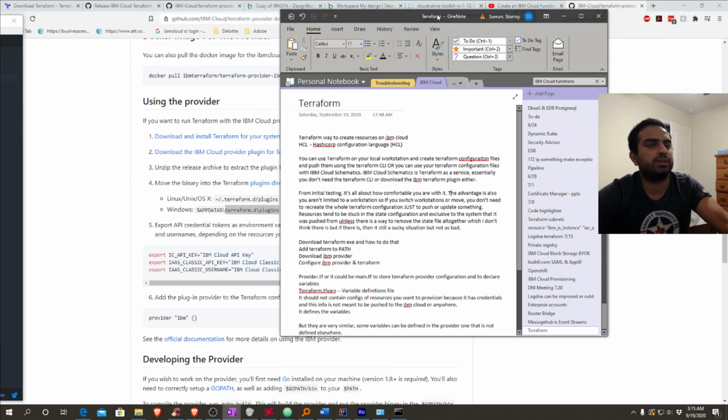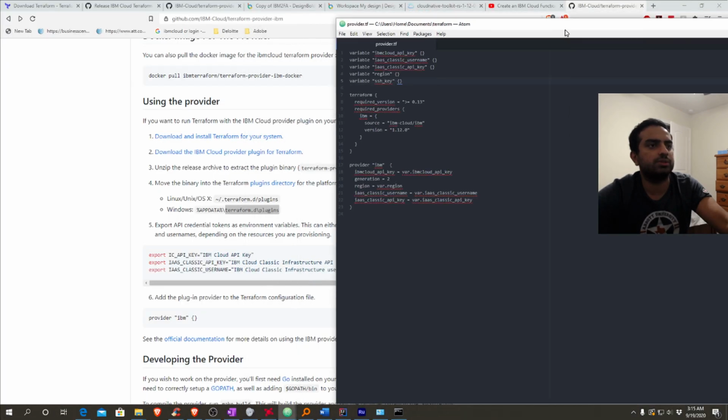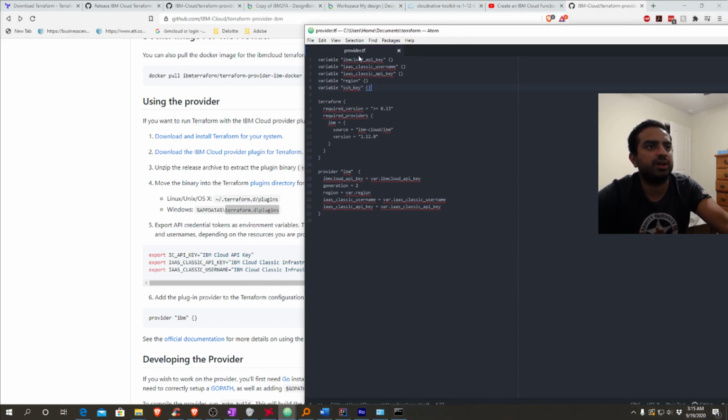I used Terraform in Atom. So in Atom, we have provider.tf. I have the provider.tf file in my Atom editor, and I've added some variables and things like that. You might be wondering what these are, and I'll get started with what it is. So first thing is you want to type in this section right here, Terraform, and then open curly brackets,